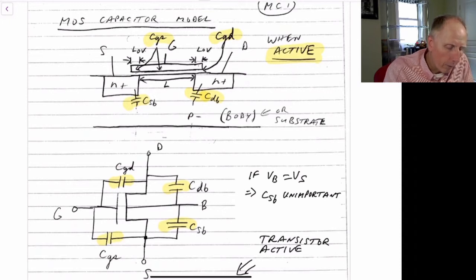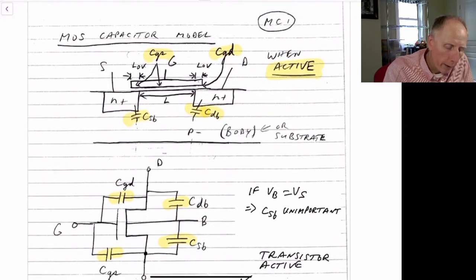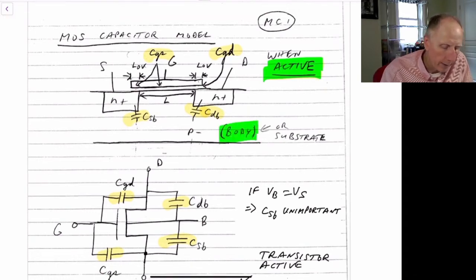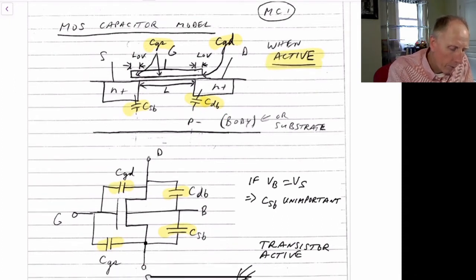Now, I just want to recall that all of this is for the active region. We're looking at the active region at this point. In our body, when I say the bulk, I mean the body or the substrate. In this case it would be P-, since it's an NMOS transistor. Now for the drain to bulk capacitance, shown here,